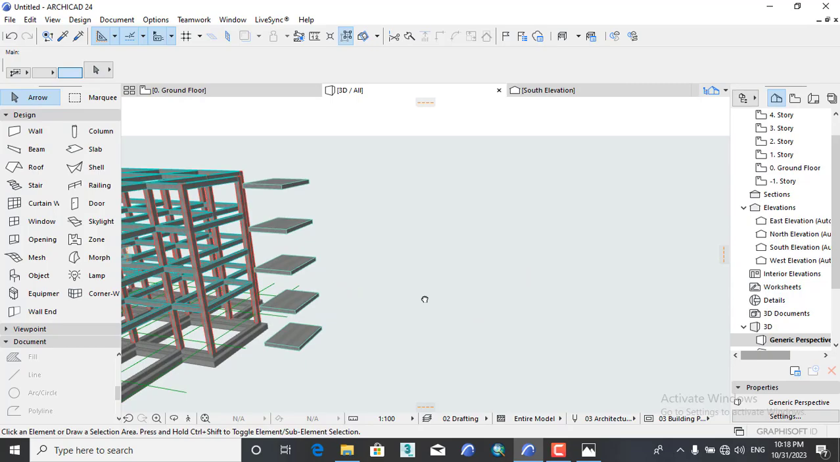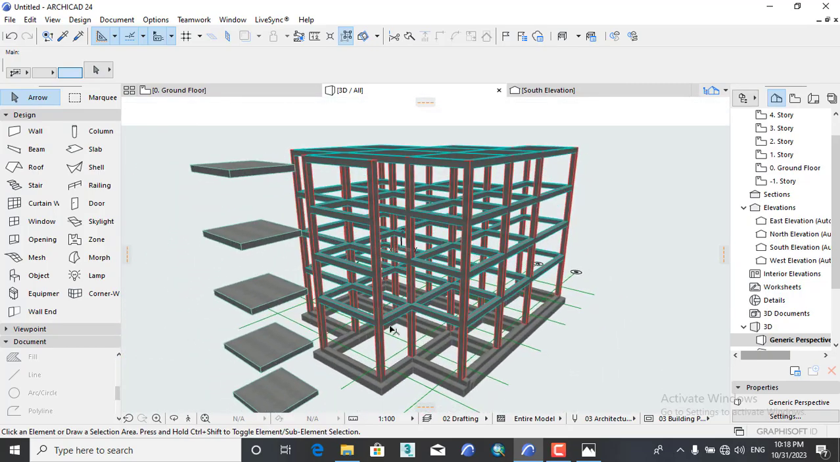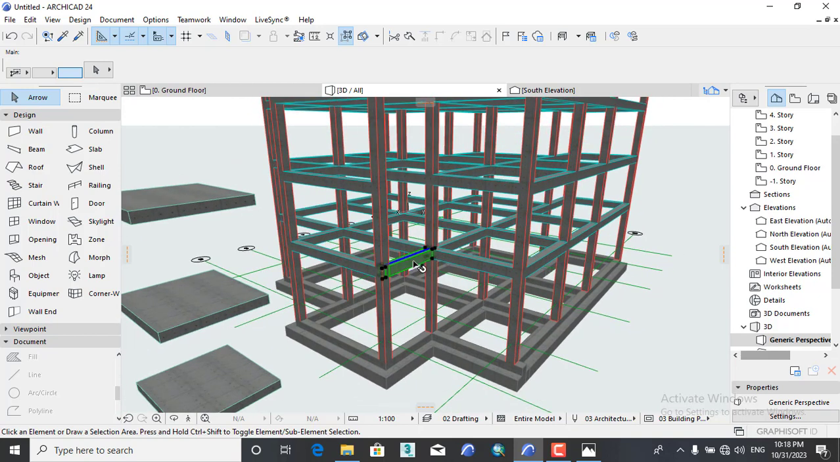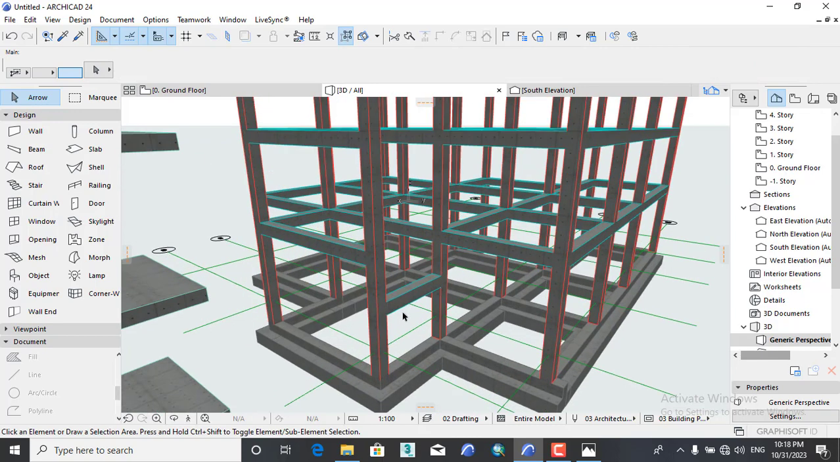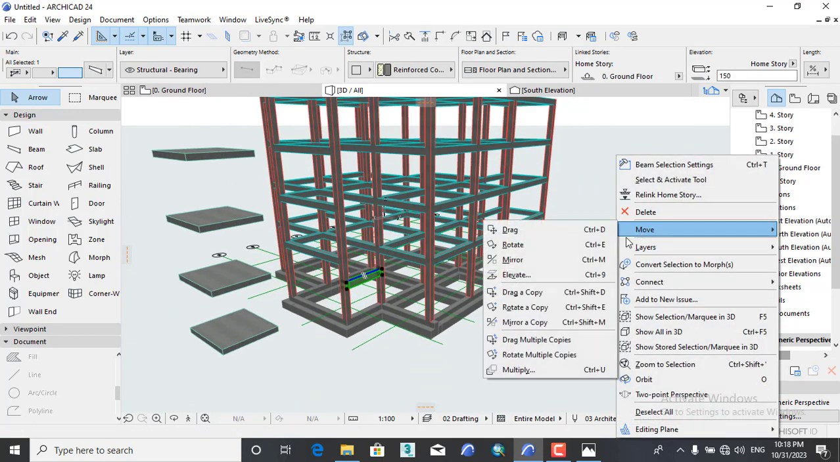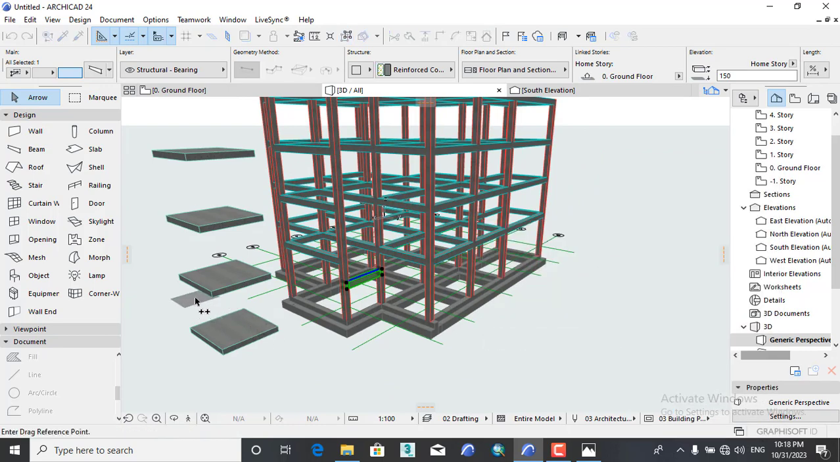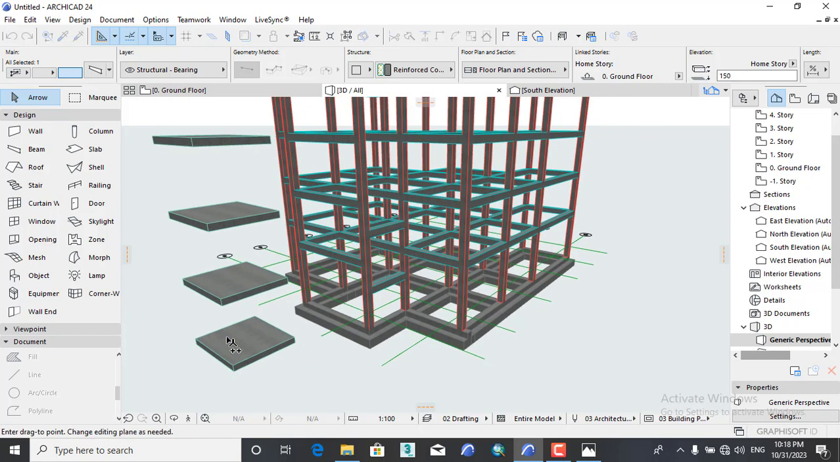Then come here. As you can see, we don't have any beam. We should make this distance 150. We should come here. Then we can copy this one to all stories like this. Move, select from this story here, and very easy guys, here and